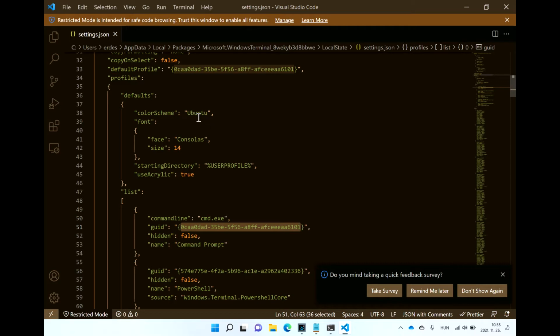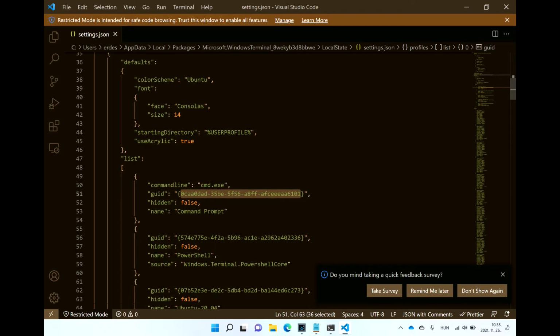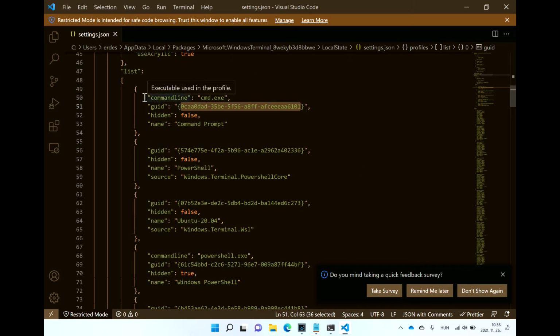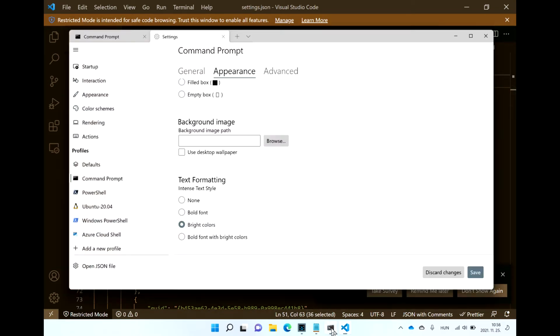The color scheme is Ubuntu, font face, font size, and the acrylic effect. The property of the acrylic effect is true. Starting directory is the user profile, and here you can set the order of your shells in this drop-down list